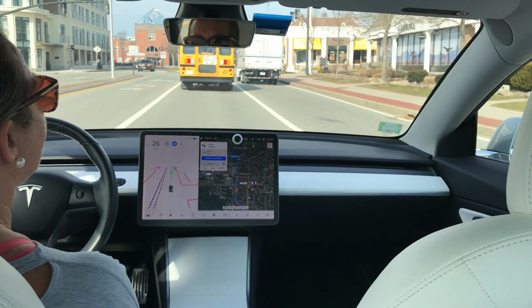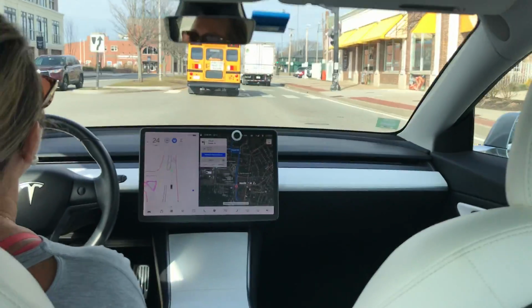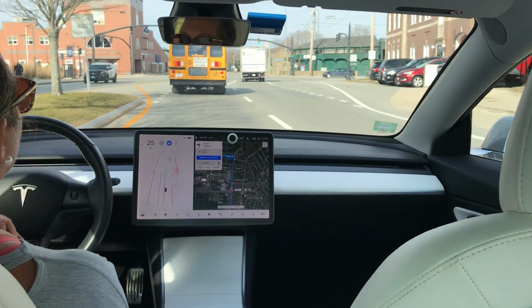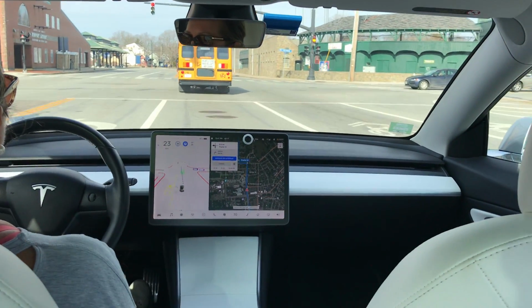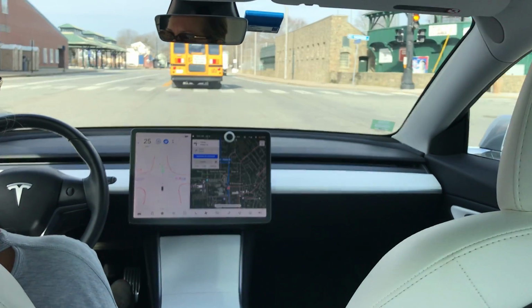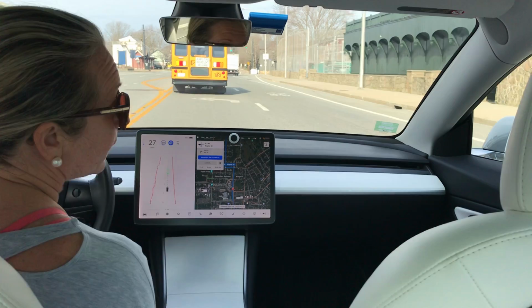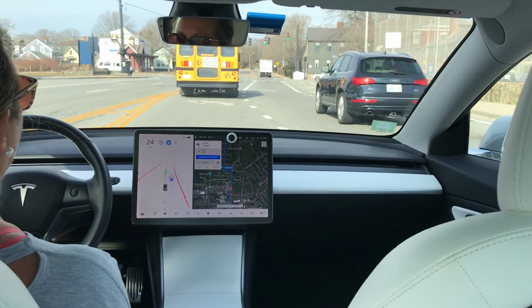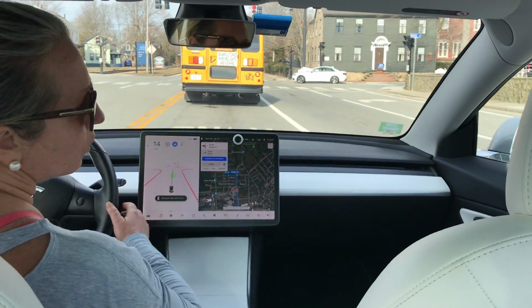So yeah, I think that it is going to make the same mistake again, and that is the lane that I am in right now becomes, oh, that's not right. I ran a red light. So did the car behind me. This lane is now a turn-only lane. I need to be in this neighboring lane in order to make